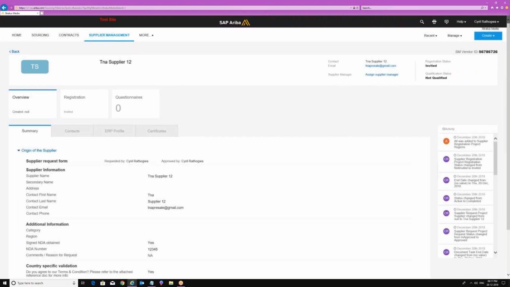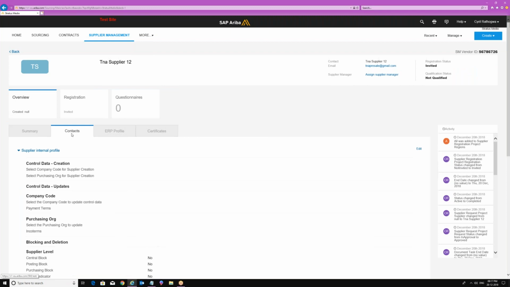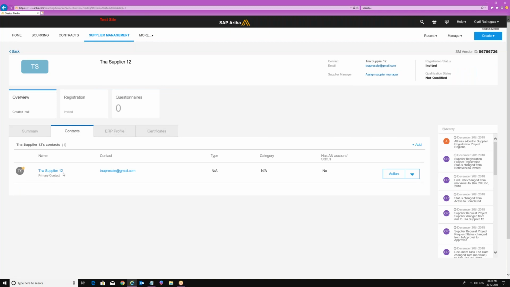So here you will be seeing all these summary details, contact details. Contact details is definitely going to be the name, the contact email ID which we have given. No account ID, no Ariba AN account ID. Now why? Because this particular supplier doesn't have an AN account ID linked with this particular supplier profile. So we are going to see that within the next step only, the supplier registration process. There we are going to see how we link the Ariba network account with this particular supplier name within the SLP. Okay, so this thing is called a supplier 360-degree profile.